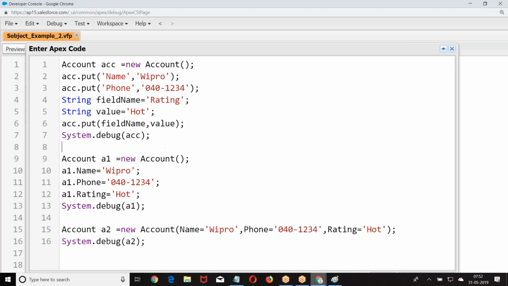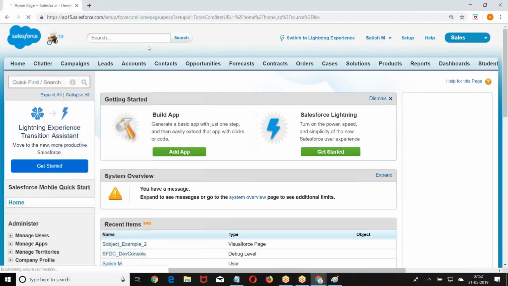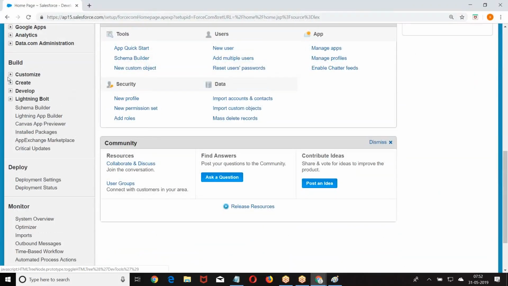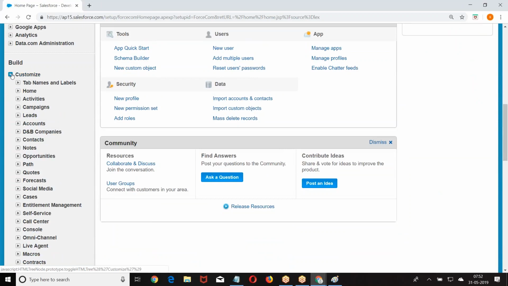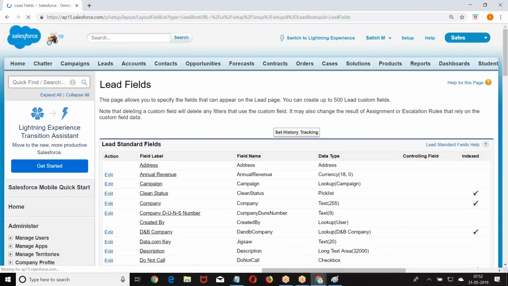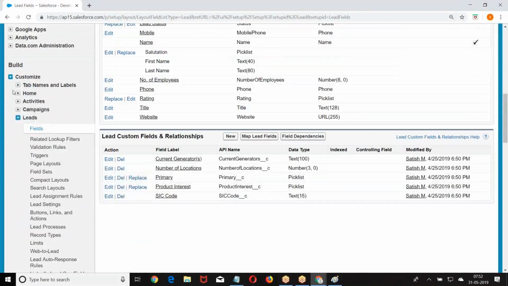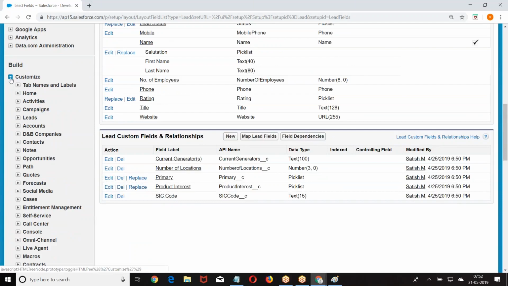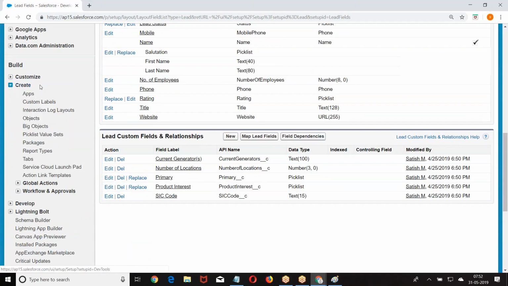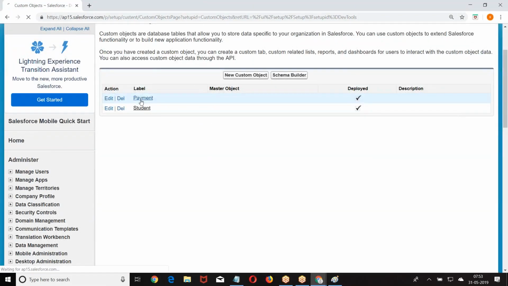Let's say, how do you find out the name of the fields? Setup. If it is a standard object, customize, go to object, go to fields, you find the name of the fields here. If it is a custom object, create, then objects, then go to the object.